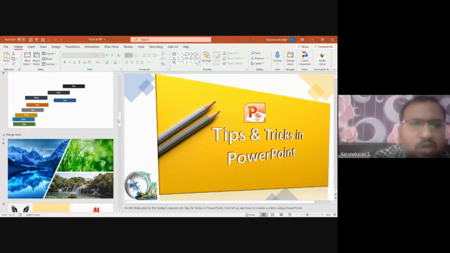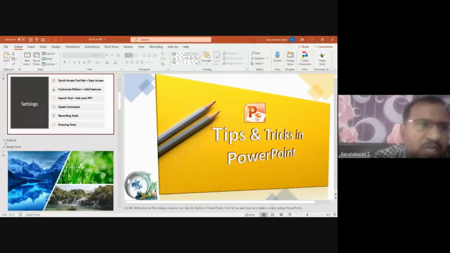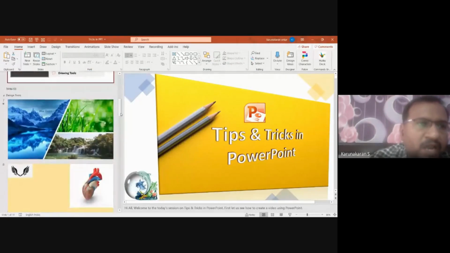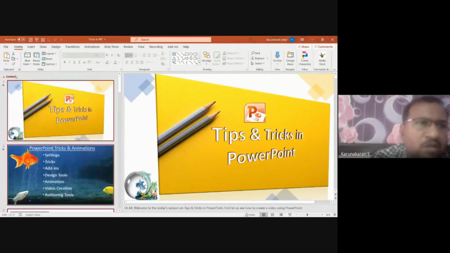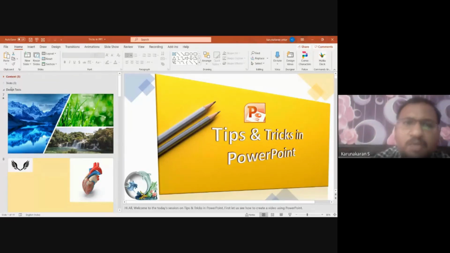Suppose I don't want to display my second topic, I'm not going to take the second topic, I can minimize this. So remaining slides alone will be available for me. And after finishing the first unit, if I want to minimize that, I can move this. So now I can work on the third topic. So this is how I can divide the topics. And also if multiple faculties are working in a single PPT, you can make this the best option to divide it based on their names.